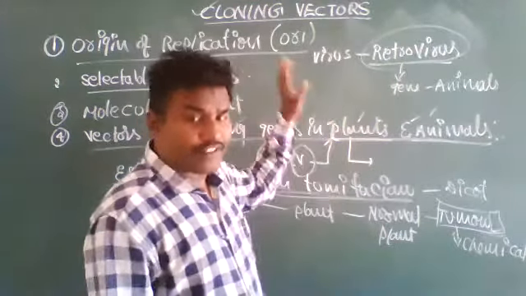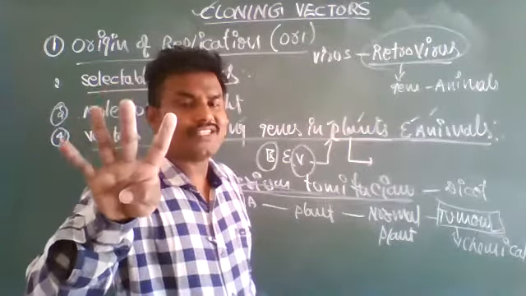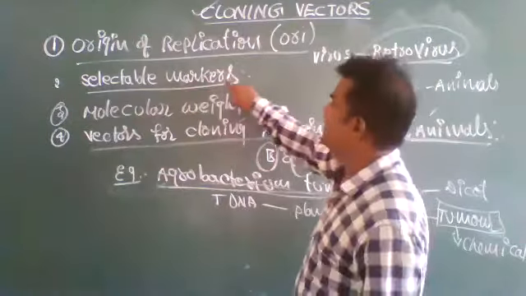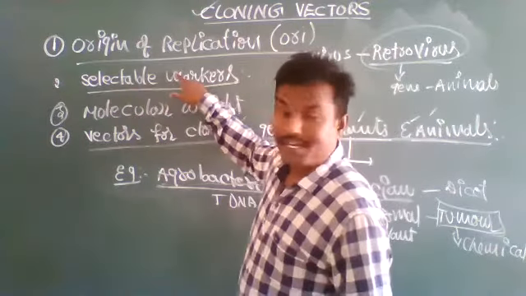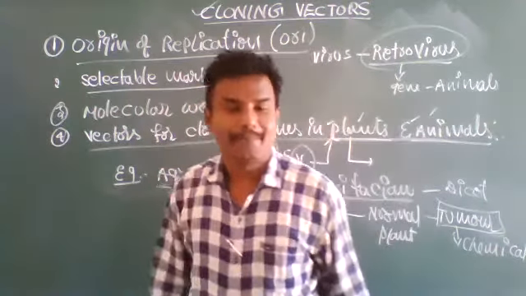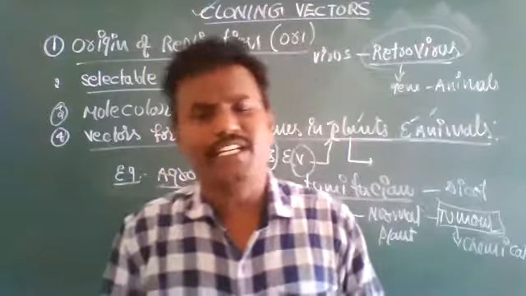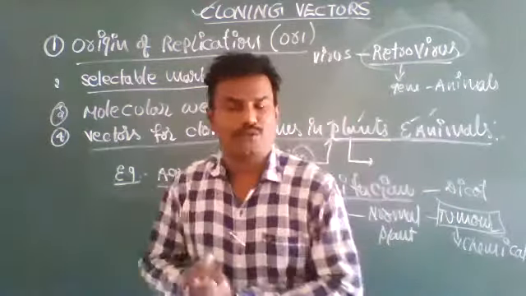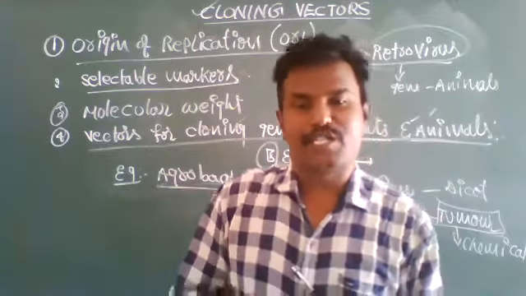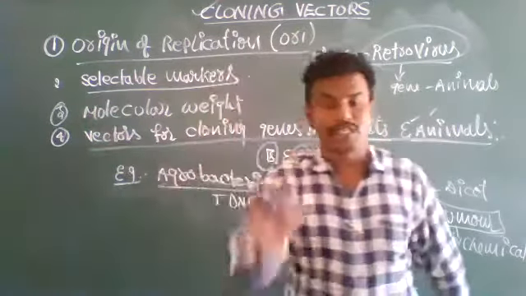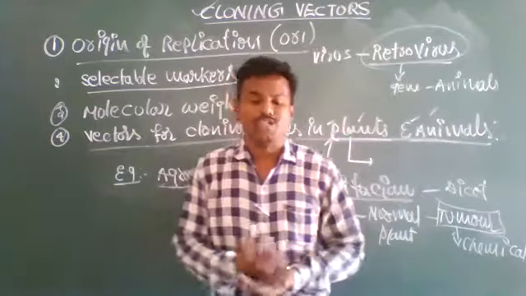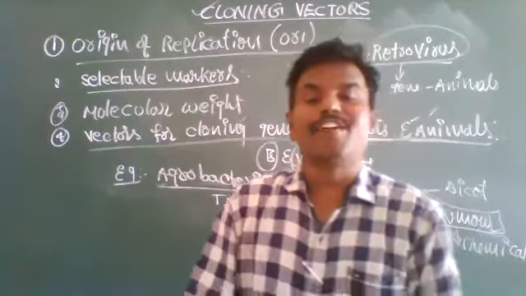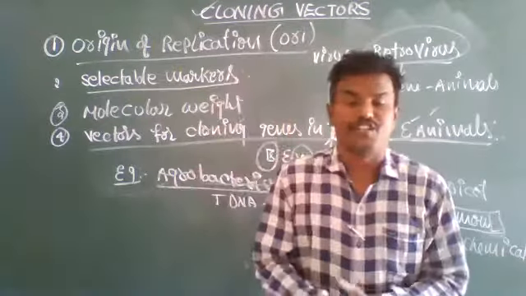Among these 5 headings, I have discussed 4 headings. The 5th heading is very important and it continues after selectable markers. But it is a big topic, it takes 40 minutes. So that topic we will discuss freshly tomorrow, from the beginning. In the discussion about selectable markers also, you will get a little bit of conclusion. So with this, the cloning vectors topic is almost finished.